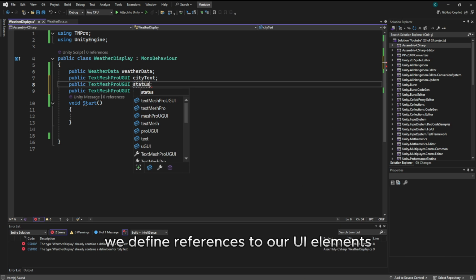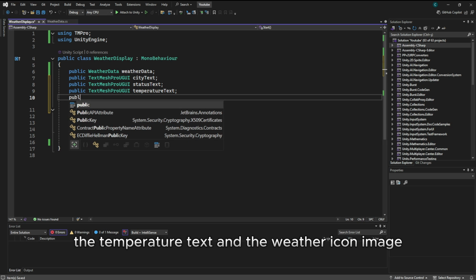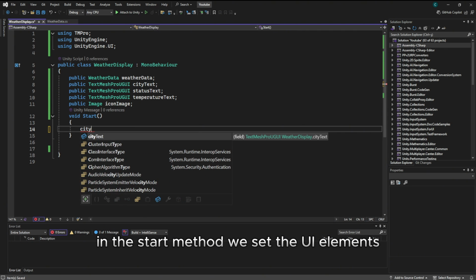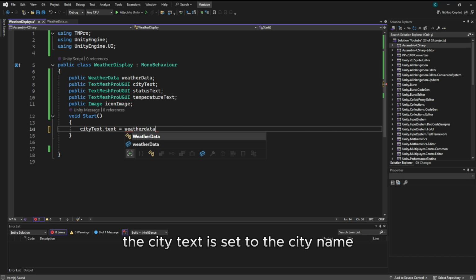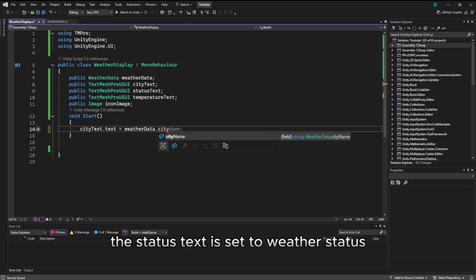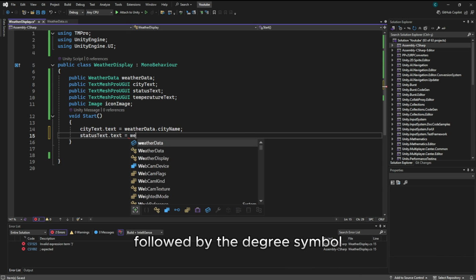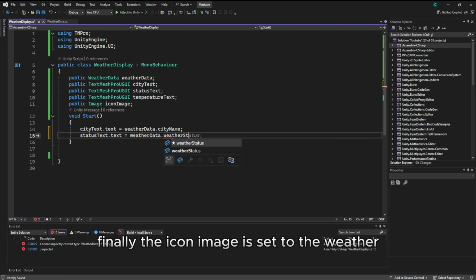We define references to our UI elements: the city name text, the weather status text, the temperature text, and the weather icon image. These will be linked in the Unity inspector. In the Start method, we set the UI elements using the data from our ScriptableObject. The city text is set to the city name, the status text is set to weather status, and the temperature text displays the temperature in Celsius, followed by the degree symbol. Finally, the icon image is set to the weather icon from our